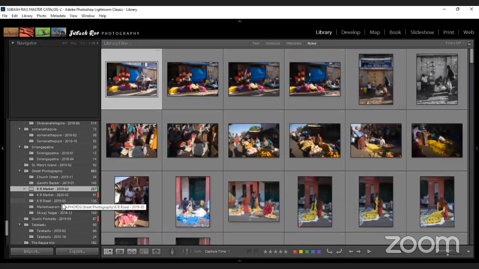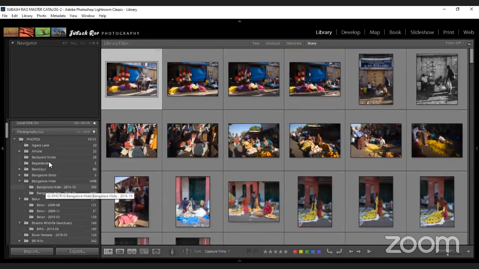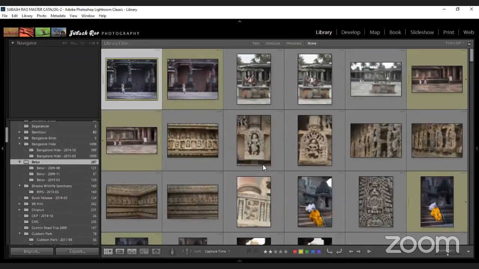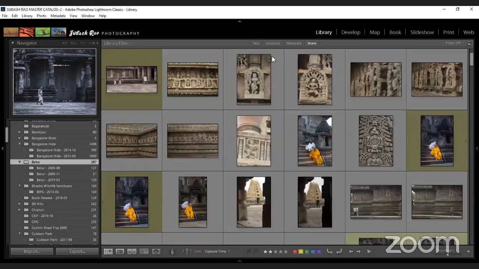Let me go to any of my folders, say for example, Belur. I'm clicking on the parent folder. There are about 287 images in this. You will see that for each of these images or film strip,